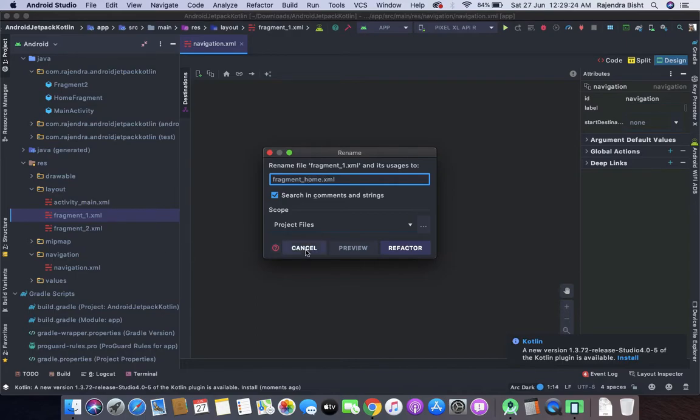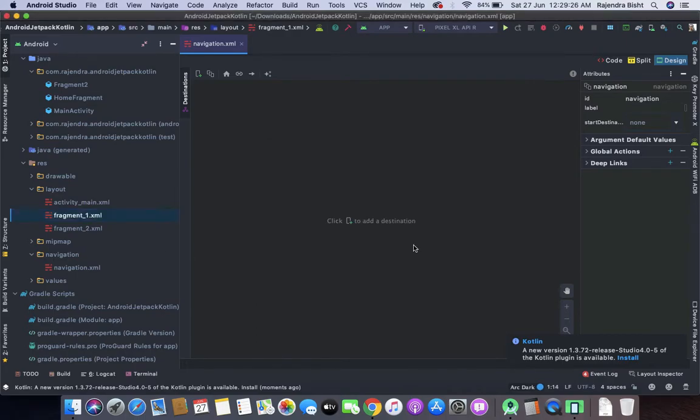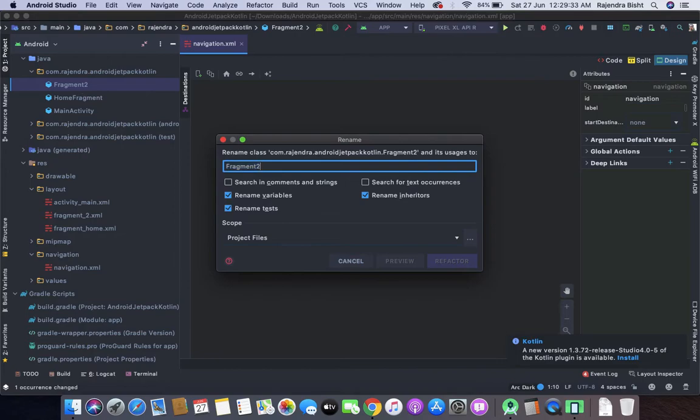Fragment home, and fragment 2 is our data binding.